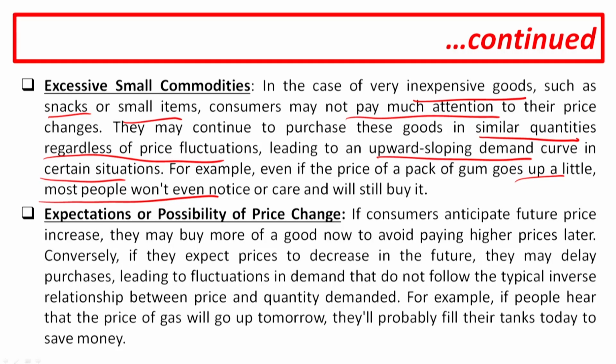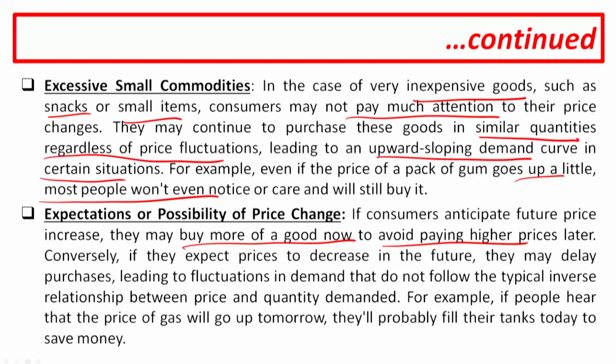The next point is expectation or possibility of price change. If consumers anticipate a future price increase, they may buy more of a good now to avoid paying higher prices later. For example, if there are rumors that after 5 days there is going to be a hike in petrol prices, the people might be ready to purchase more petrol